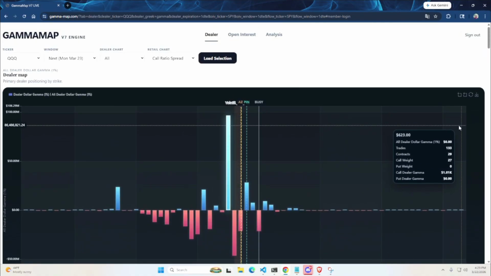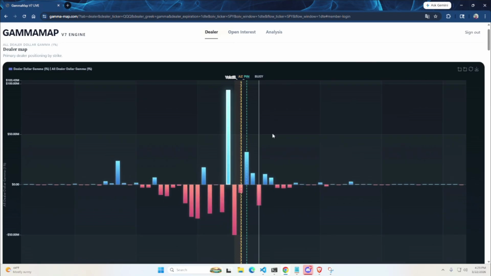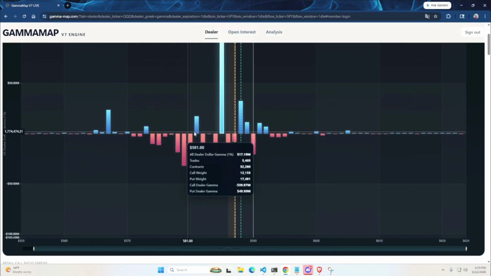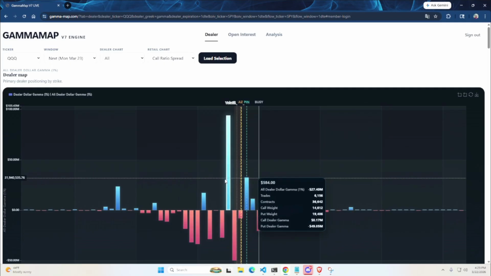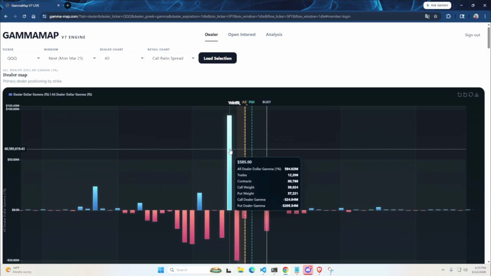Essentially, the dealers can only take on one position type from either direction. So they're either long a call, short a call, long a put, or short a put, right? When retail is doing something, the dealer has to provide that inventory, right? Looking at this, this is tomorrow for QQQ. We can see 585 is a big pinning zone, right? Big target. This is a big pin area right now.